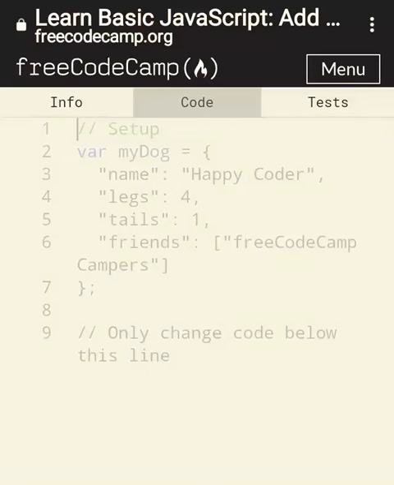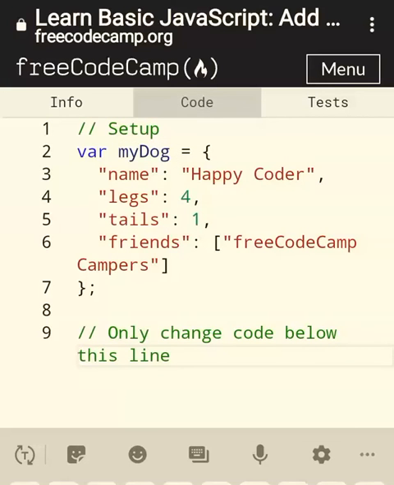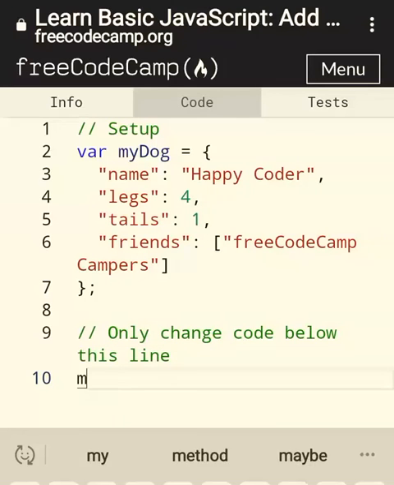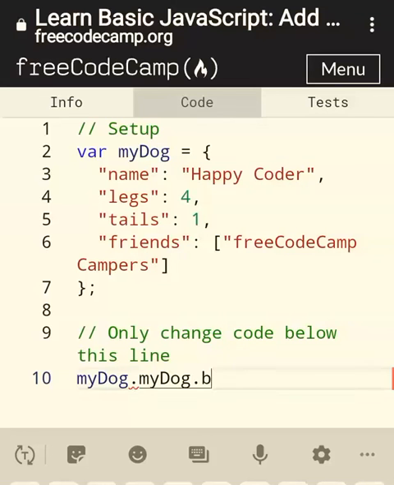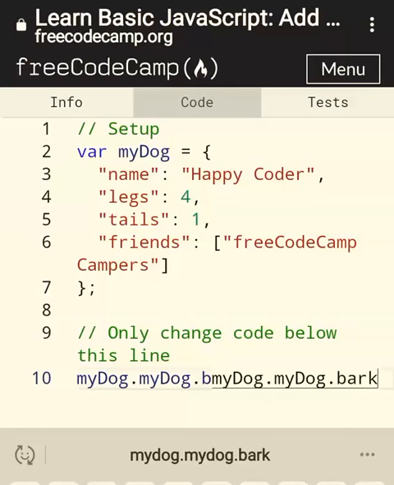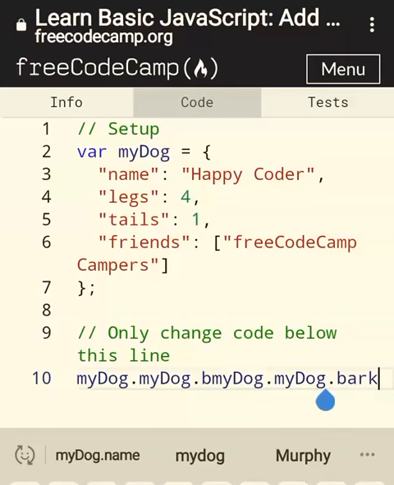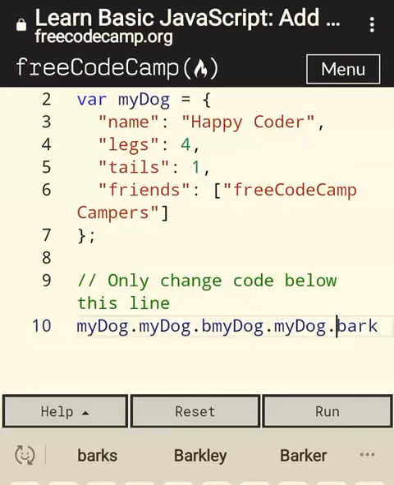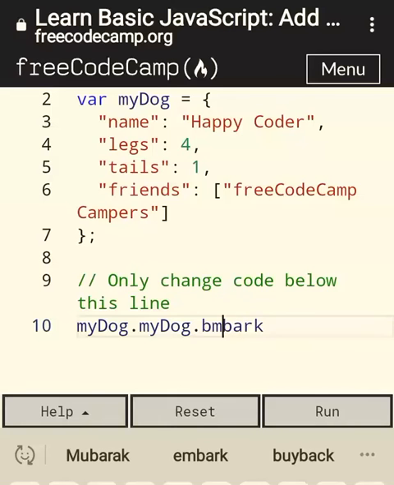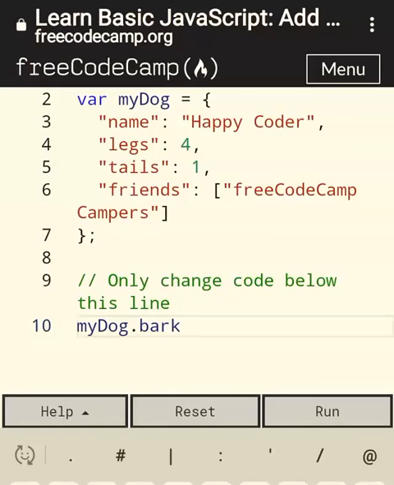Okay. So using a dot notation, let's do here myDog dot bark. That's the property. Okay. Dot bark equals the value woof.